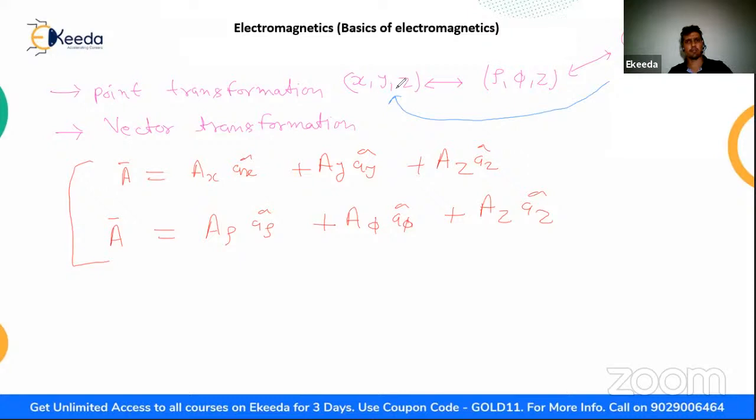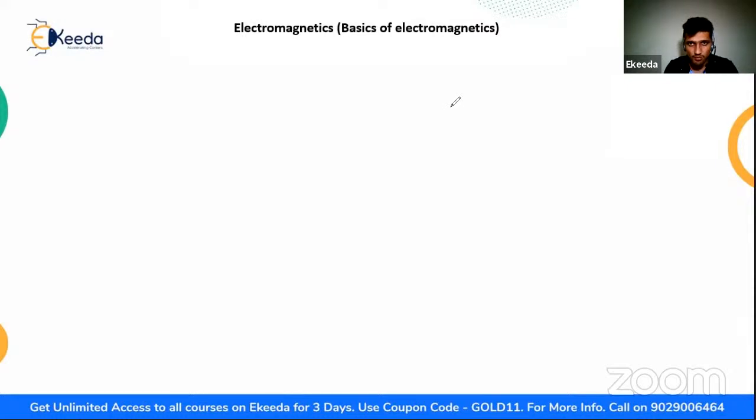I'm just giving a very basic derivation of this one, how to do vector transformation. Point transformation you can easily understand. So I'm just clearing it and then I will do that. Suppose